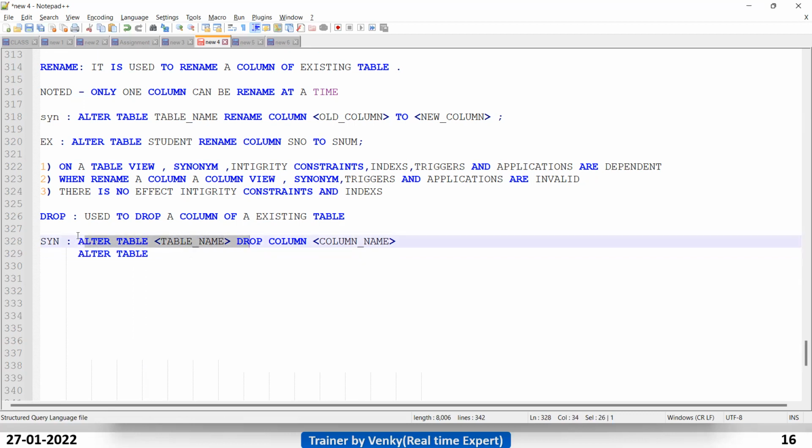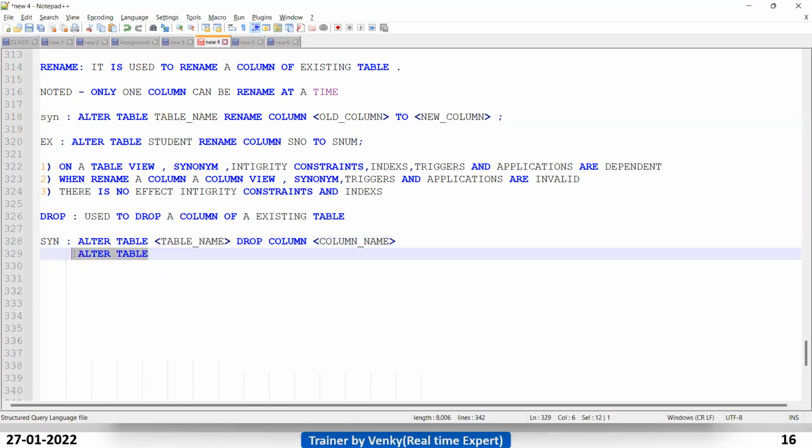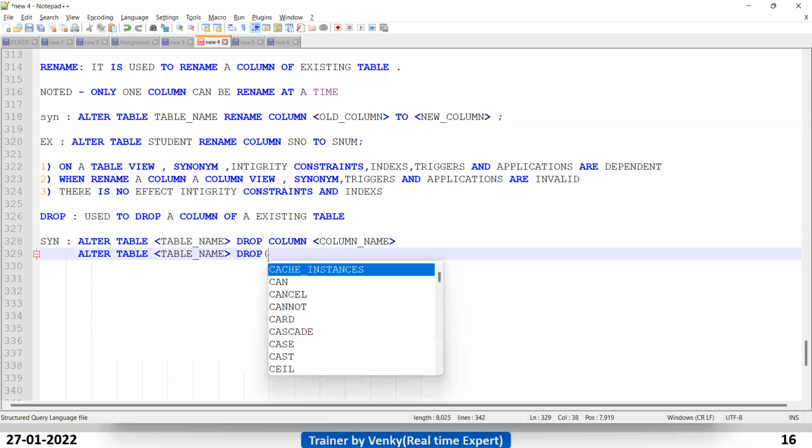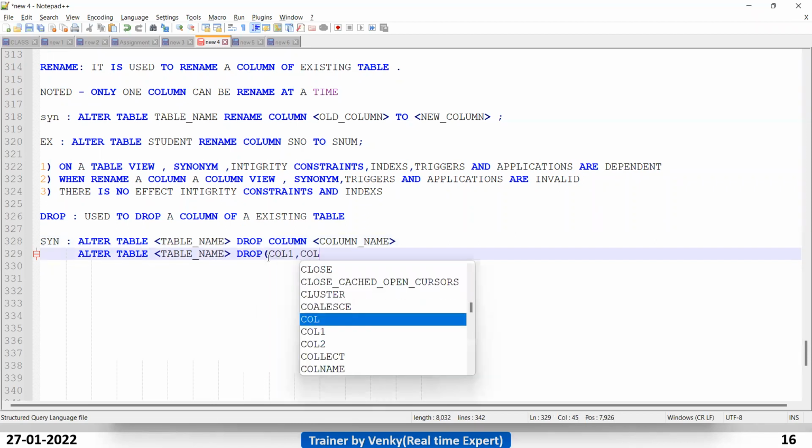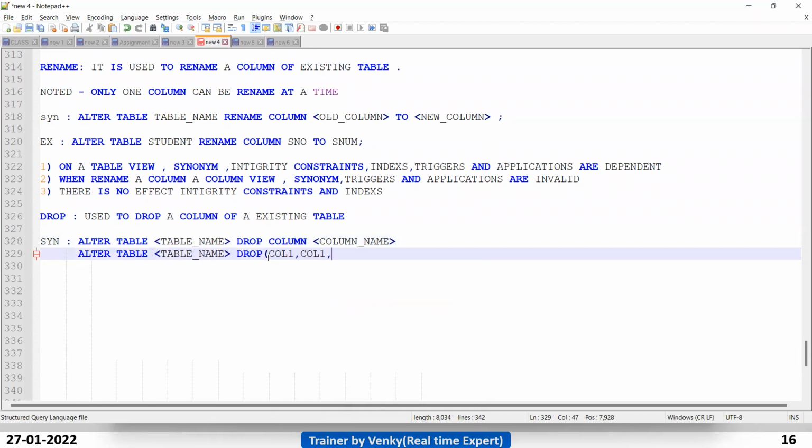ALTER TABLE table name DROP, then in parentheses column 1, column 2, and so on. You no need to specify RENAME or COLUMN, and you no need to specify the data type.